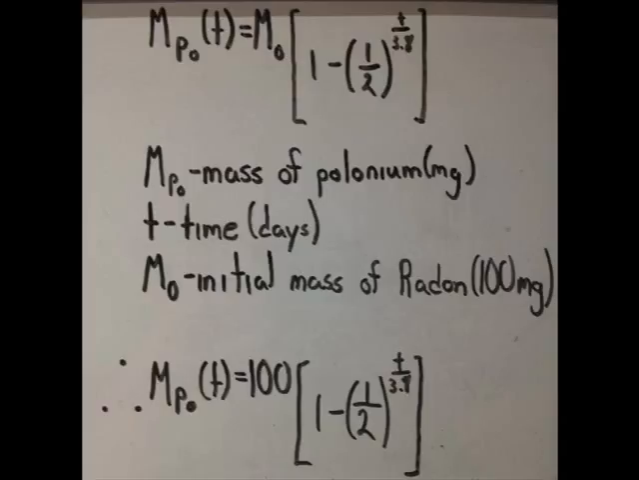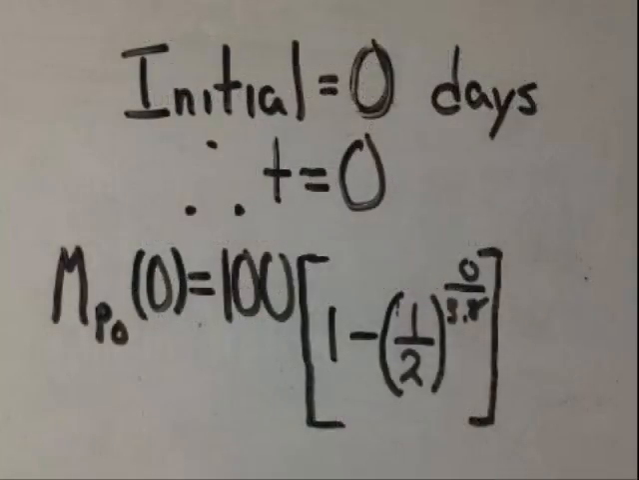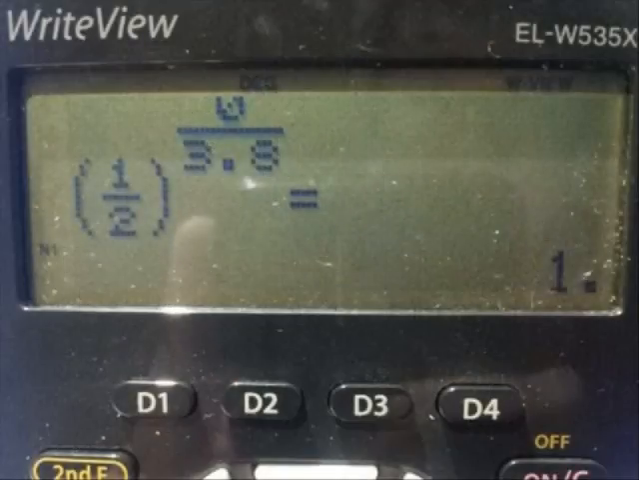Now we can start part 1 of A, which asks, how much polonium is there initially? The key word is initial, which implies that the time is 0 days. Hence, t is equal to 0. We can now plug in 0 as our t into our equation. We must follow the rules of BEDMAS and solve the exponent in the brackets first. So we plug (1/2)^(0/3.8) into our calculator,